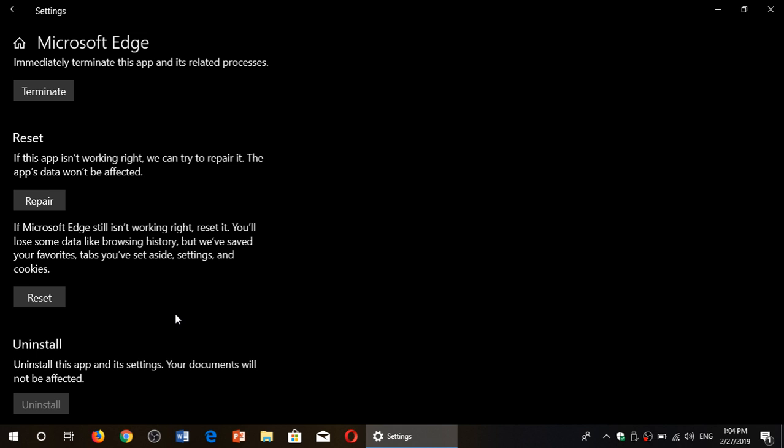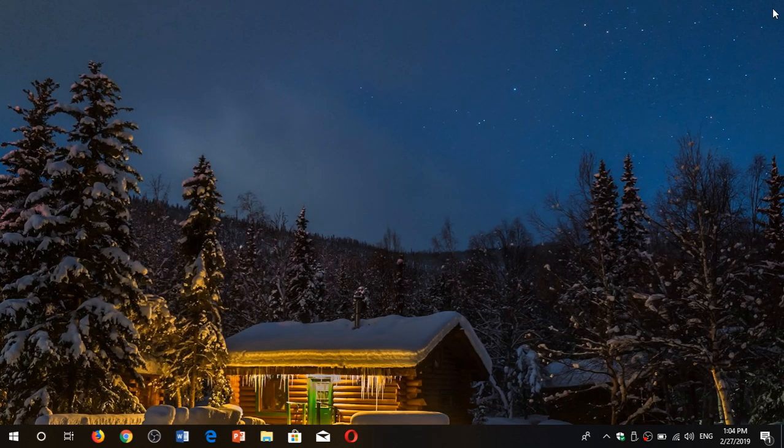So you can reset the app. This one might actually work. It will remove the add-ons you might have had installed. It will put Microsoft Edge at its basic functionality, like when you install Windows 10 for the first time. So two options to try: repair and reset, and hopefully this will be something that you'll be able to do